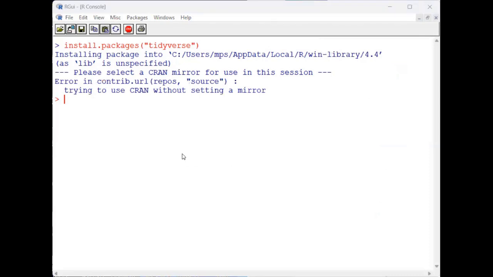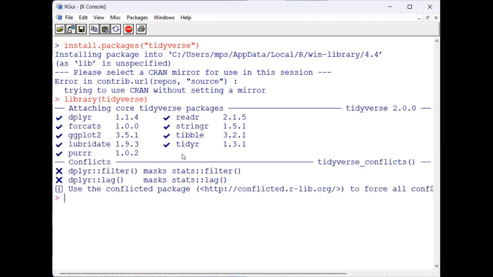If you want to use this package, once you have it installed, you type library and then the name of the package. It loads up the package, and then you will have access to a number of functions. I'll show you one of those in a minute, but let me talk about these install.packages and the library